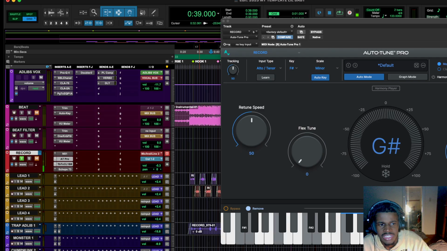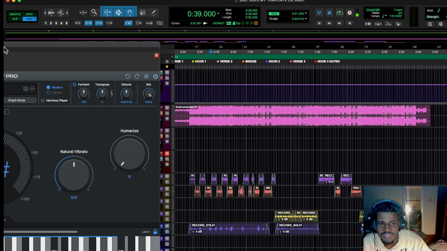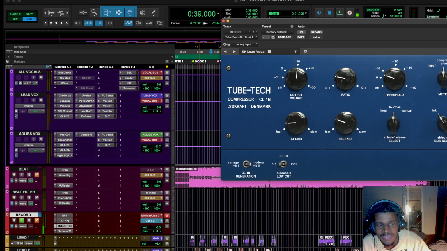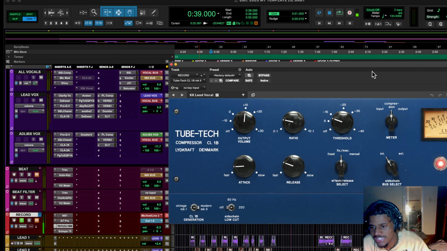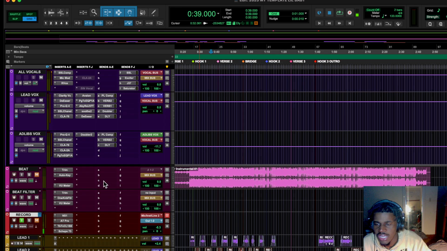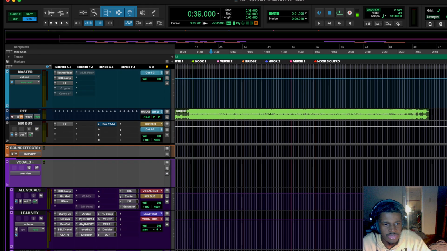But this basically concludes my Lil Baby preset video. I'm not going to wait for that to load up, and of course it loads up right when that happens. My apologies, guys. It blows up easily. That's just the Tube Tech, and then we got this replicating the Neve, and basically we're done. We're done with the vocal preset today, guys.